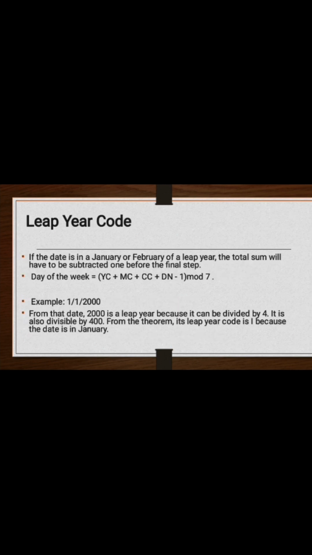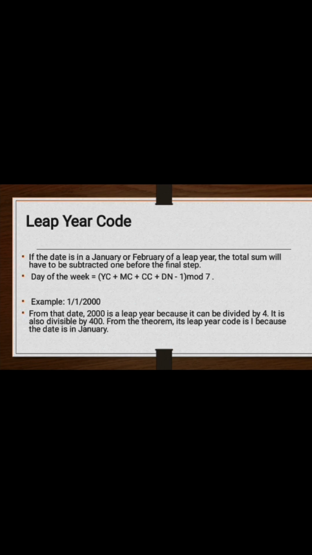And leap year code: if the date is in January or February of a leap year, 1 will have to be subtracted from the total sum before the final step. So we have the formula: day of the week is equal to YC plus MC plus CC plus DN minus 1 modulo 7. Example,